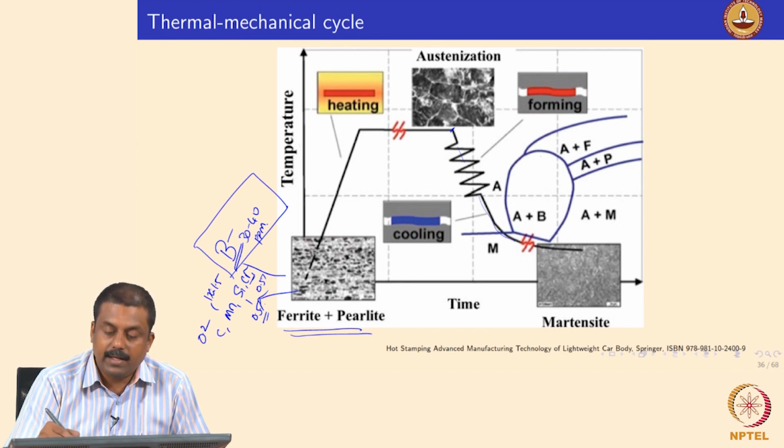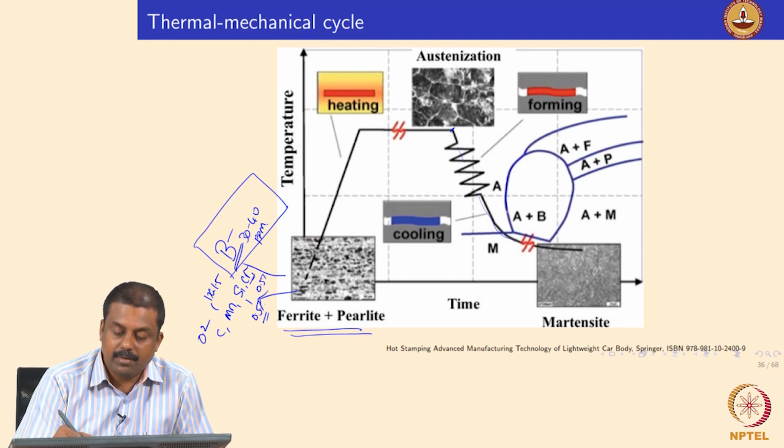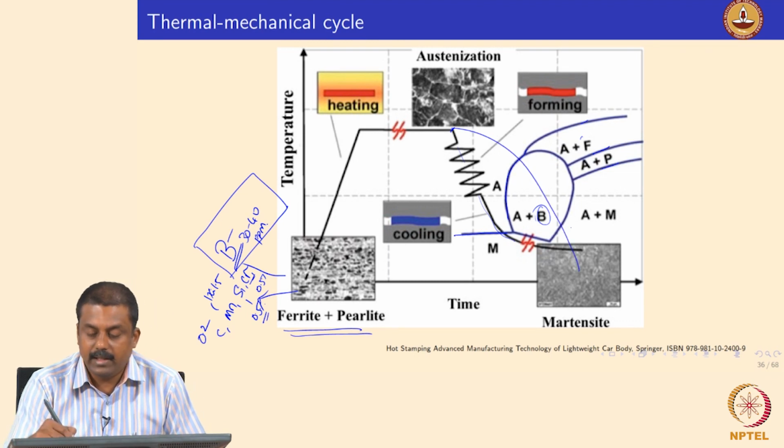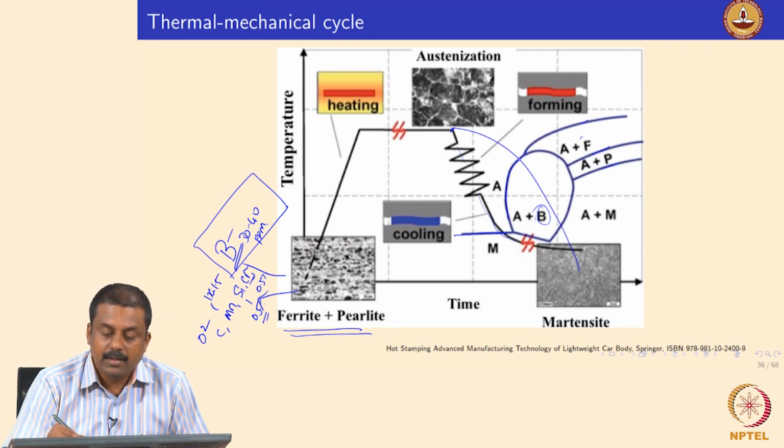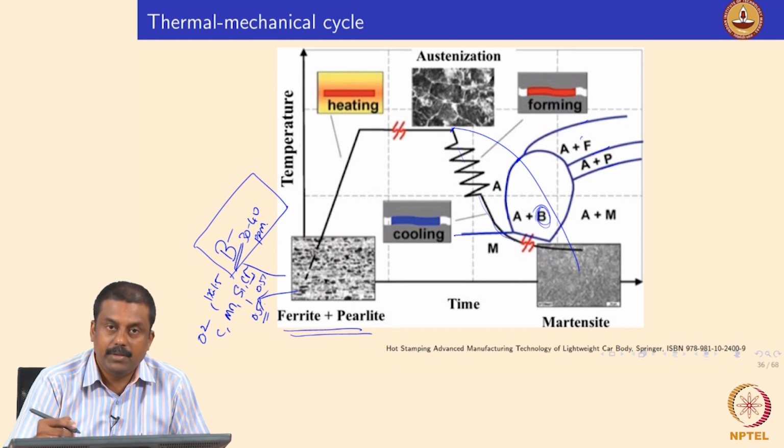So, you have a CCT diagram superimposed, and this is your bainite formation nose. So, you have a bainitic phase, and this is ferrite start, and this is pearlite start, pearlite end, and you will have the martensite MS line somewhere over here. And if you are cooling here with a slightly slower cooling rate, then the microstructure would also form bainite. So, we should avoid that.